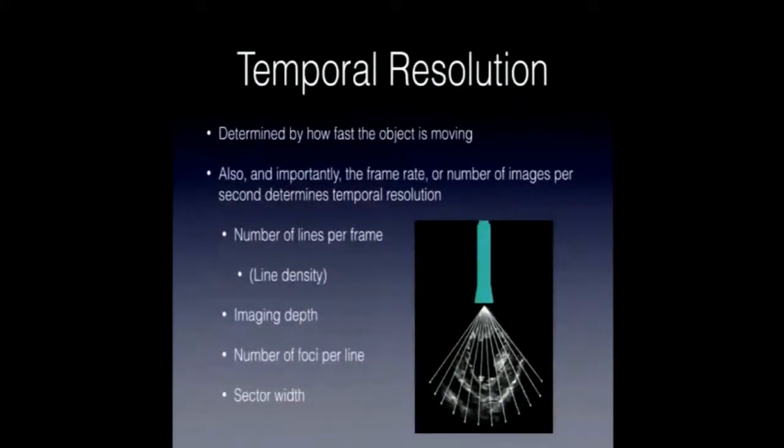So now I'll shift gears and we'll talk about temporal resolution. Temporal resolution is really important to keep in mind when you're optimizing your imaging as well. So temporal resolution depends first on how fast the object's moving, and then secondly on a number of parts of our system. Okay, so I jump around a bit, but this is 2D imaging now. So that's what the cartoon on the right represents, or the diagram. And so each of those lines coming out from the probe, the green thing, is